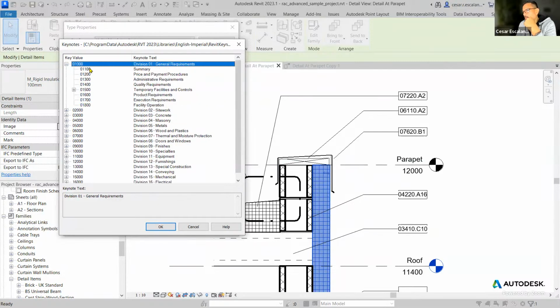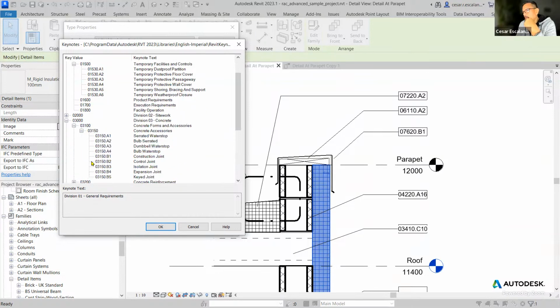Then the tier 2 information, that is like the CSI main section. And then there is a tier 3 type of information. In some examples, there are 4 tiers of information, like division. In this example, is concrete. Then we have concrete accessories, and then point numbers for the 4th tier. So this hierarchy is reflected in the TXT nodes